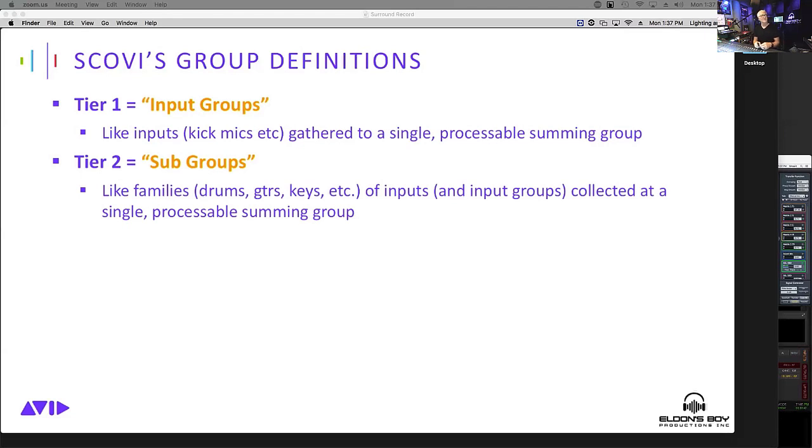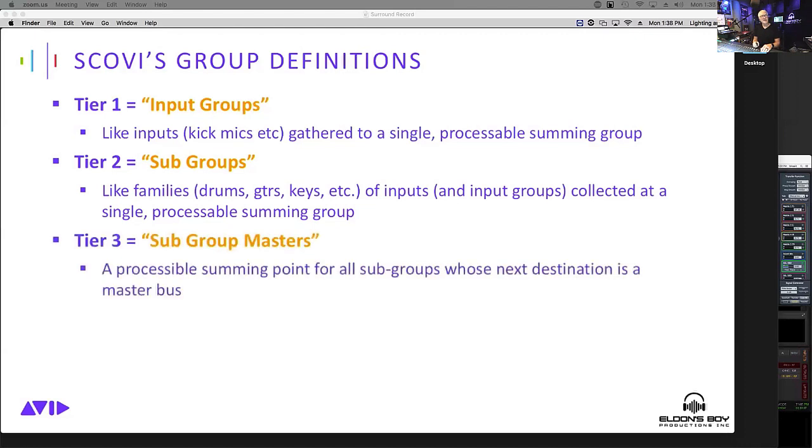So that's kind of the two terms I use, input groups and subgroups, tier 1 to tier 2. When we get to tier 3, now we're talking about subgroup masters. Subgroup masters, meaning I'm going to take those subgroups, drums, keys, guitars, etc., and sum them down again into a single group. It is a master of subgroups, and we're going to sum it together one more time. So input groups is tier 1, subgroups tier 2, subgroup masters tier 3, and then there's even a tier 4,